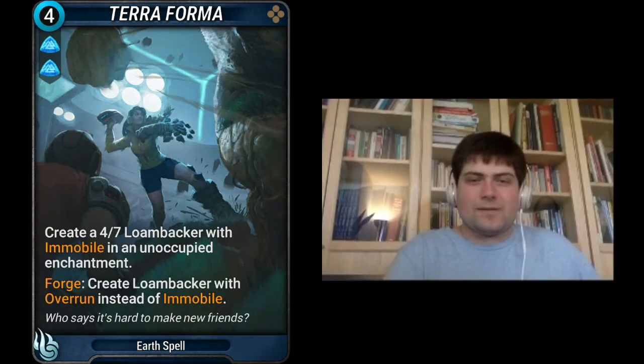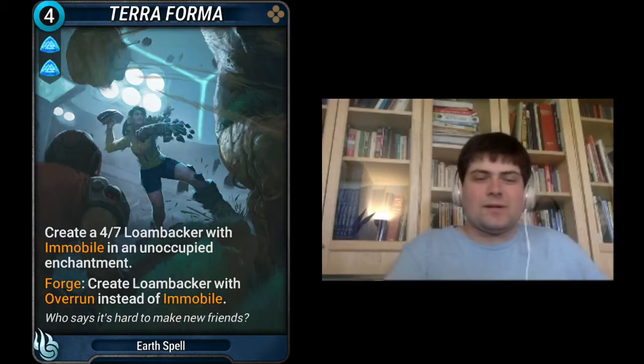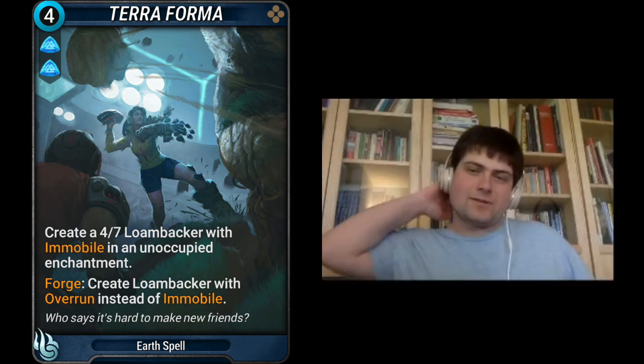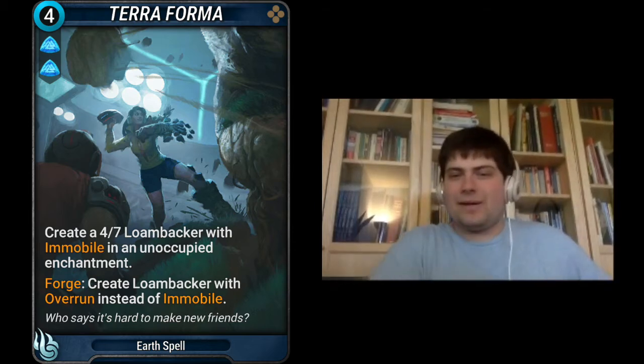Alright, Terraforma is a 4-mana blue spell costing 2 blue gems with the effect: create a 4/7 Loam Backer with Immobile in an unoccupied enchantment. Forge: instead of the Loam Backer having Immobile, it has Overrun. So it's kind of odd that this is a spell instead of just a 4/7 minion. I suspect there are spell synergies in this expansion that have yet to be revealed that might make that difference